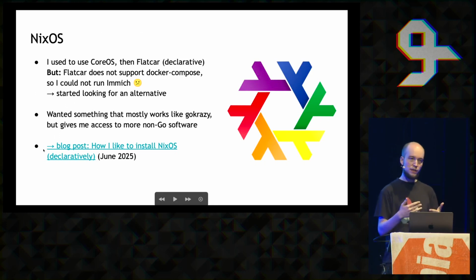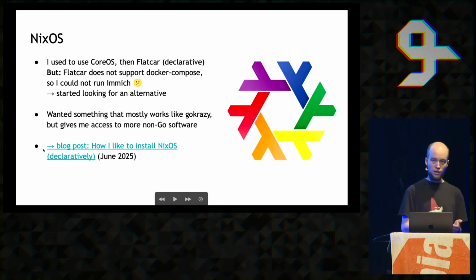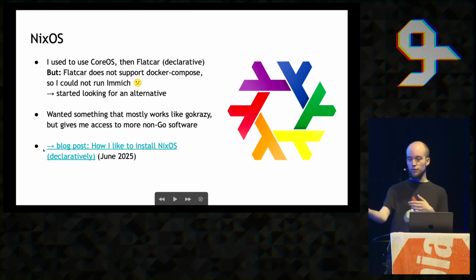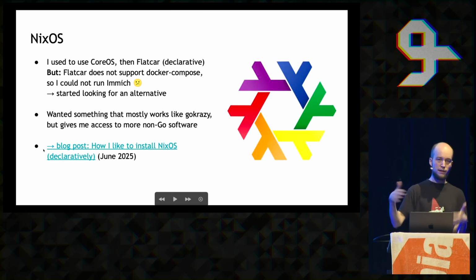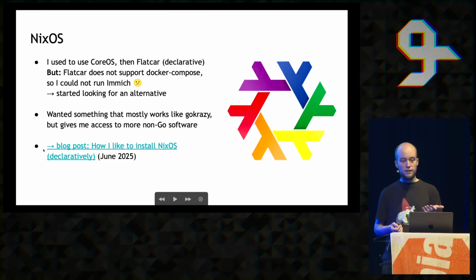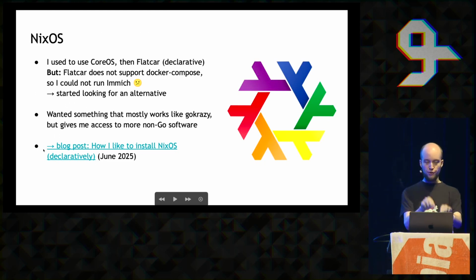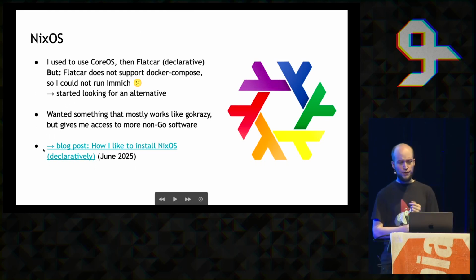And the problem is that nowadays, web applications like Immich and others just assume that you have a system available like Docker Compose, where you can just say, look, I need a web server, and I also need a Postgres, and I also need a Redis, and I need this and that, and it just can't be complicated. These are standard things that you want to do nowadays. Unfortunately, in the CoreOS model, they were very adamant: it's only individual containers, and you have to do the glue code yourself. So I started looking for an alternative.